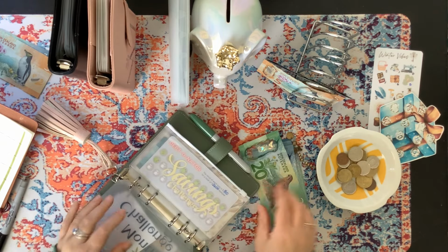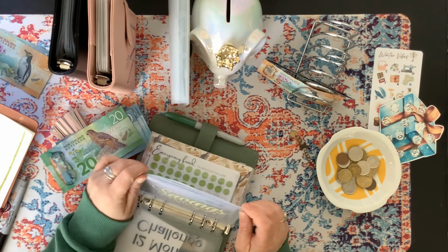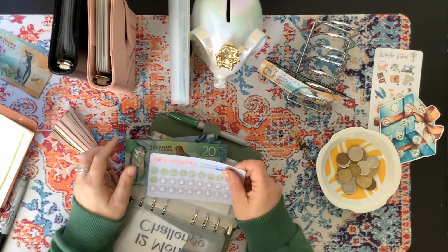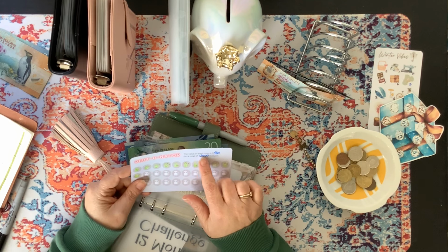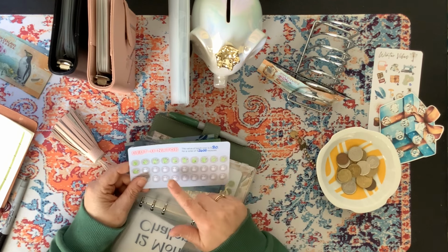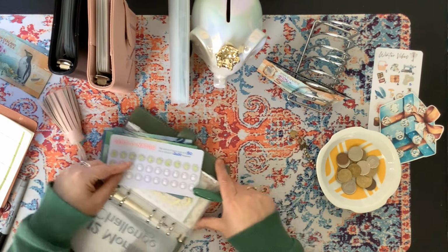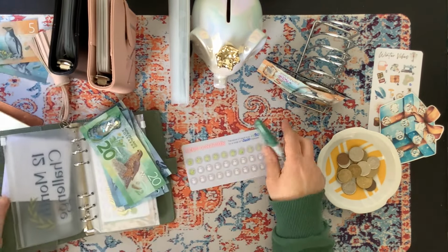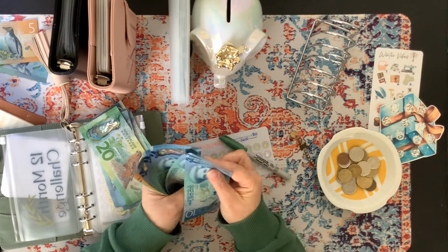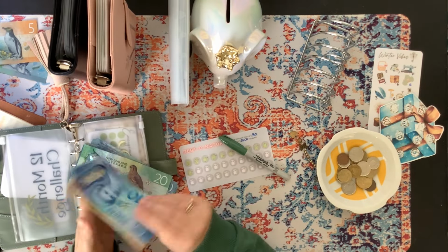Cool. So now that that money's done, this is going to go into my detonator. Which has 10 sitting there, so now it has 90. And the way that I've done this is I've taken the total of the amount I pulled from all of my envelopes of my debt and divided it over the detonators. So each one's worth $80. And I wanted to do 2 detonators this month, so hopefully this is $70. 10, 20, 30, 40, 50, 65, 70. Good. I have done my maths correctly, which means